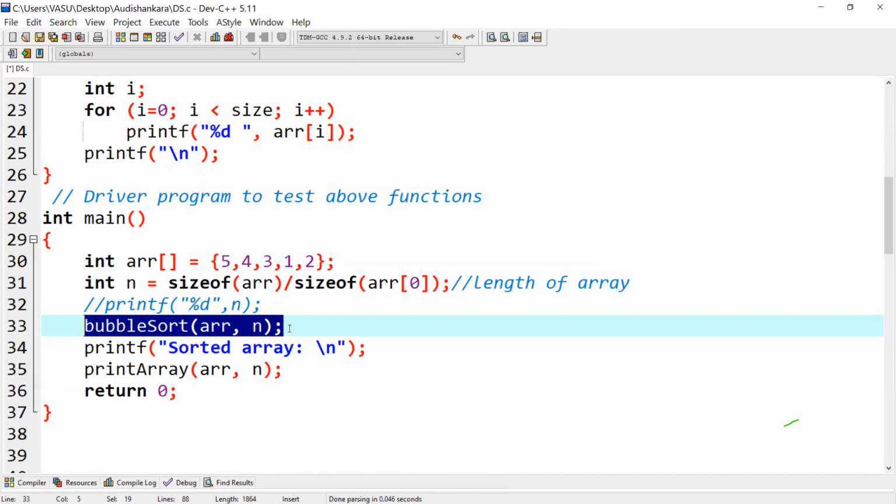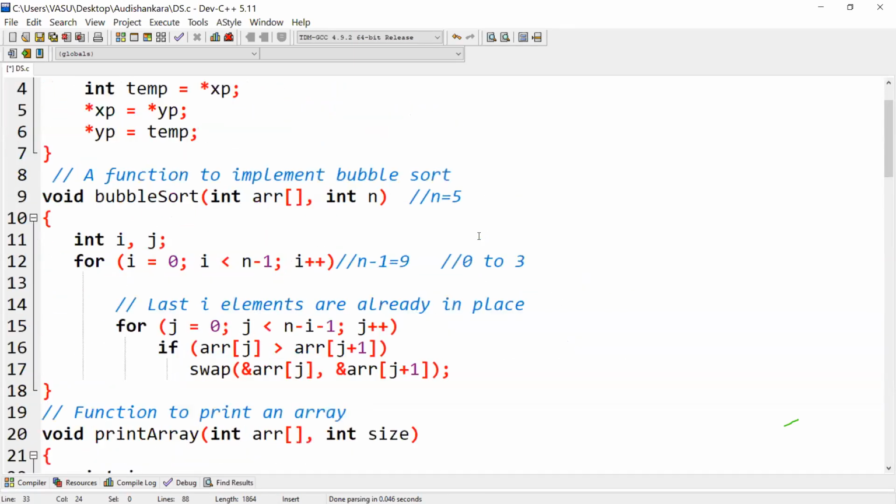Right? Now, when my function is called, where will my execution pointer go? My execution pointer will go to this function. Now, where is this function written? I'll go find that. Okay, here is my function. This is my function definition for bubble sort. Inside this bubble sort, I have two parameters: the array and the size, the length of the array. Now, inside this, I have just taken two variables, i and j, so that I can use i and j inside my for loop.